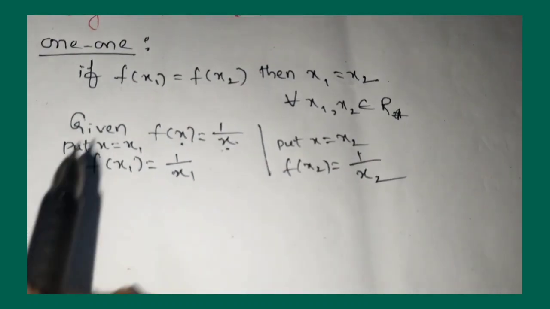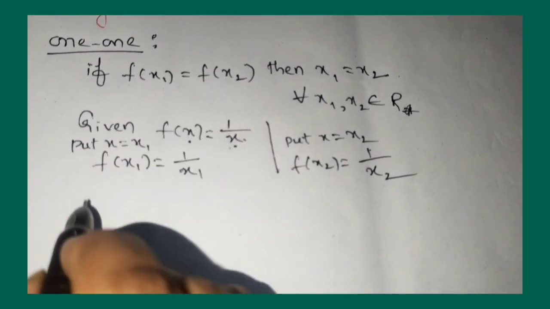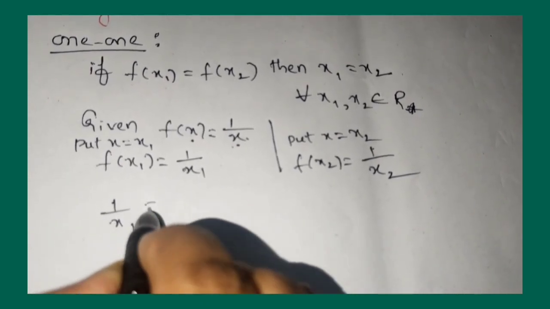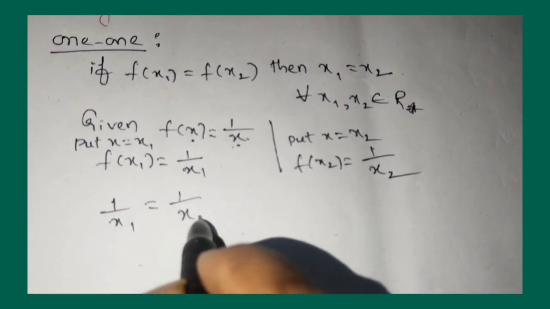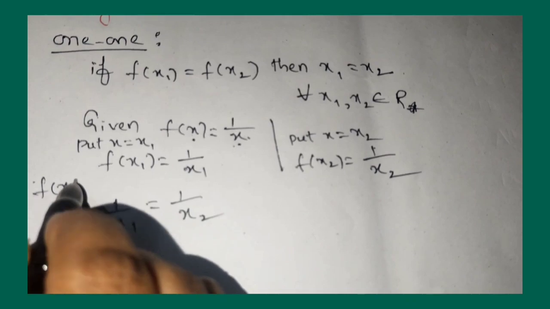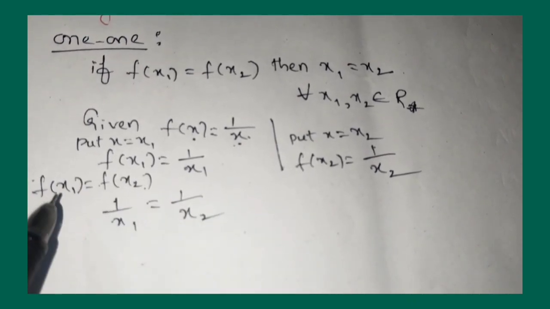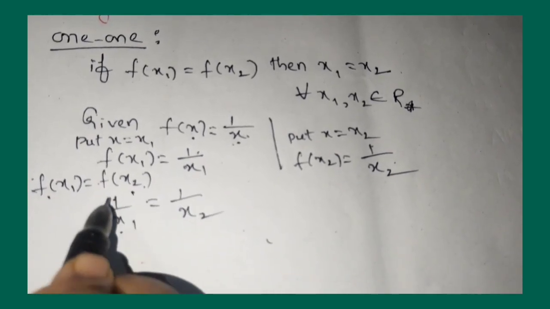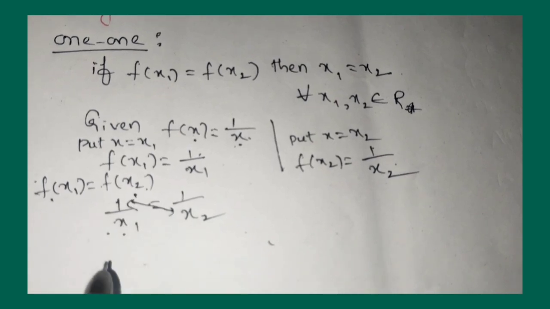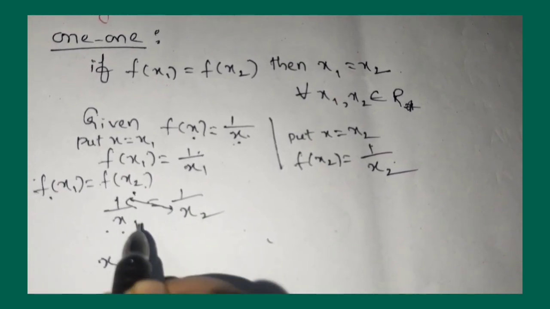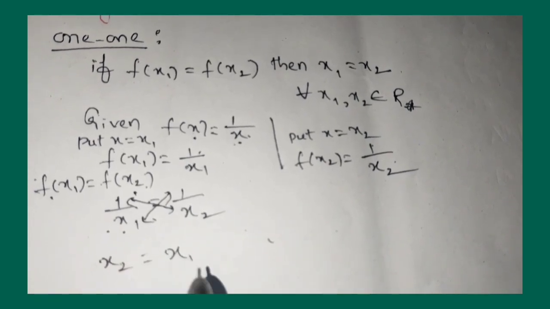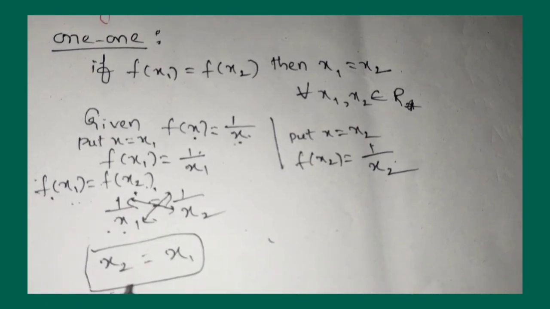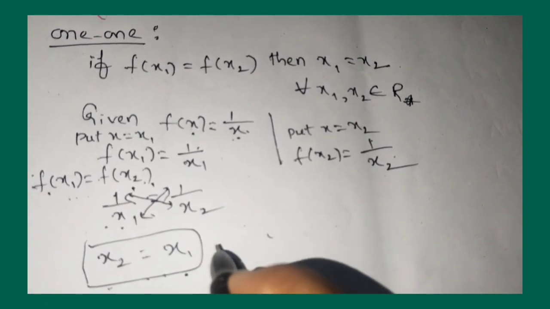Now apply the definition. What is the definition? f of x1 is equal to f of x2. So what is f of x1? f of x1 is 1 by x1, equal to f of x2, 1 by x2. I just write these values in the place of f of x1 and f of x2. Now take cross multiplication. Multiply these two: 1 into x2, x2. Next x1 into 1, x1. So according to the definition, if f of x1 is equal to f of x2, then x1 is equal to x2. Therefore,